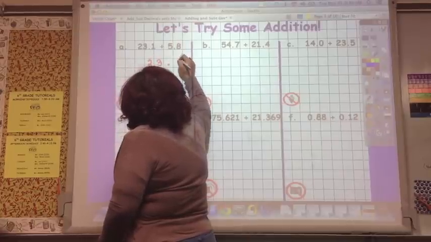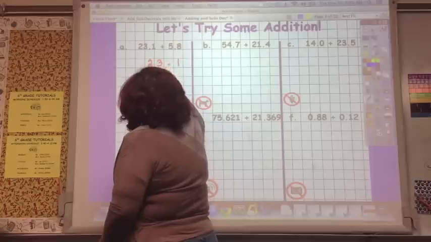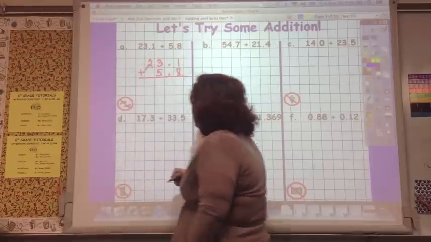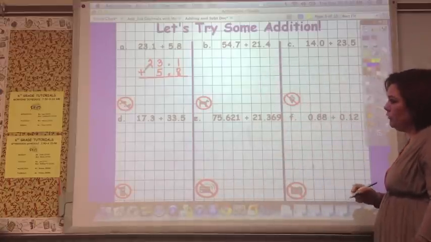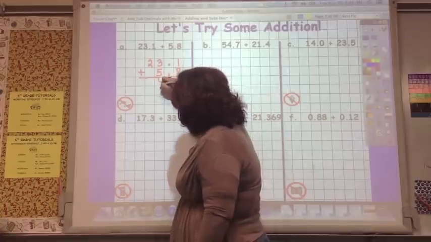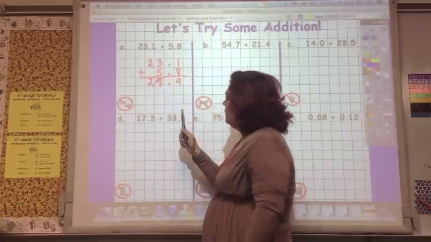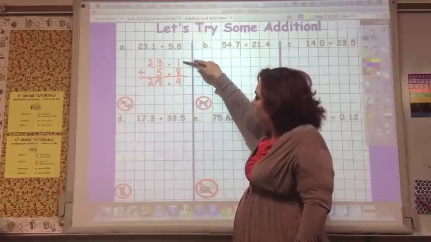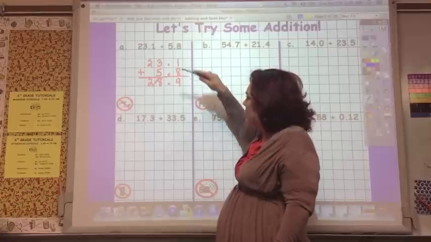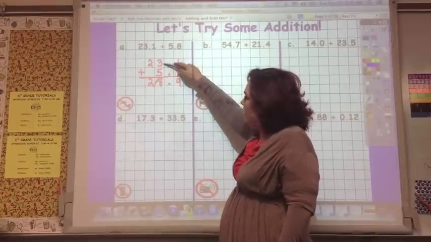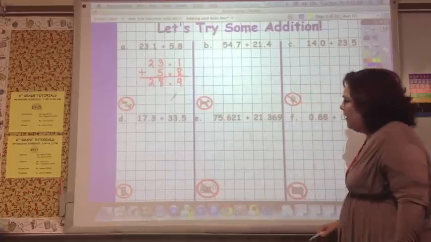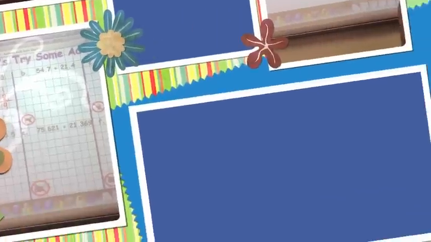So if we have 23 and 1/10, and we're adding 5 and 8/10, make sure you put your addition or subtraction sign. You line those up and you write in the answer. So I lined up my decimal points, I lined up my ones place, I lined up my tenths place, and 1 plus 8 is 9, and 3 plus 5 is 8, and 2 is 2. So go ahead and